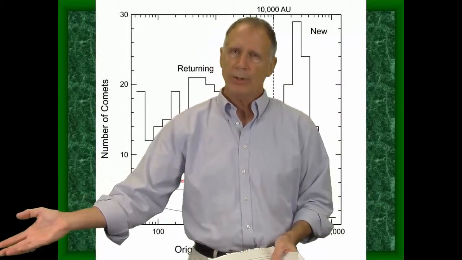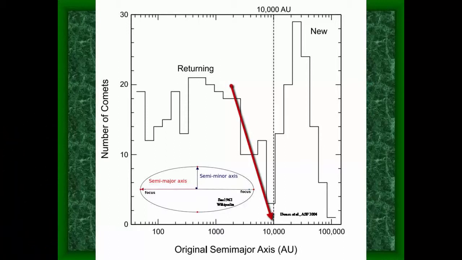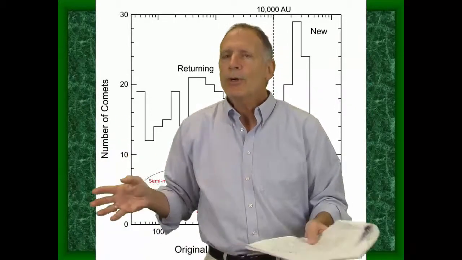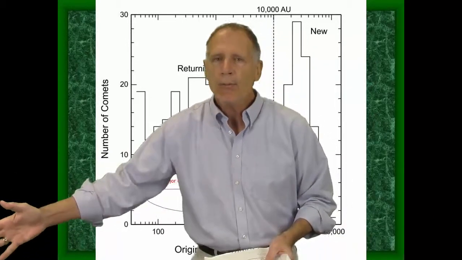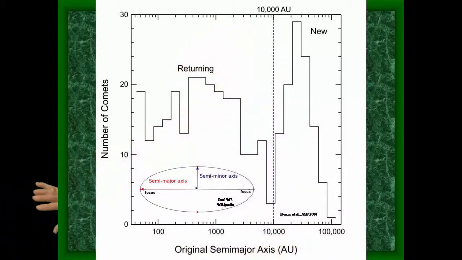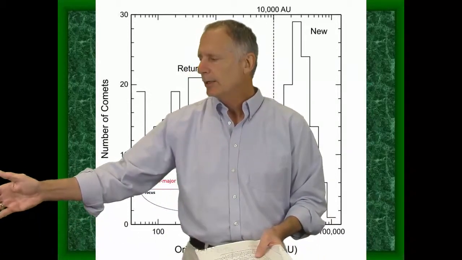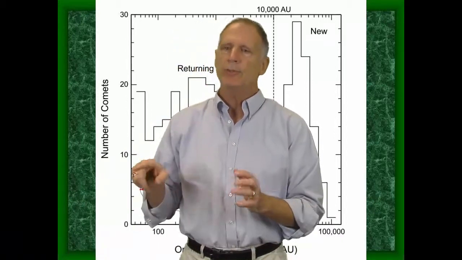Well, we group here what we call the returning comets. You can see that the cutoff's about 10,000 there. The ones that are closer to the sun are believed to be perturbed by the giant planets, and they come from the new comets that you see to the right there, between 10 and 100,000. So the new comets seem to be the source of the returning comets, and the comets that we call new, these are ones that seem to be